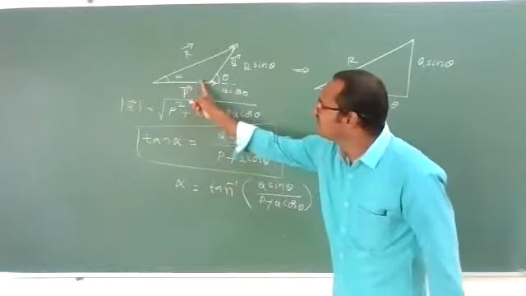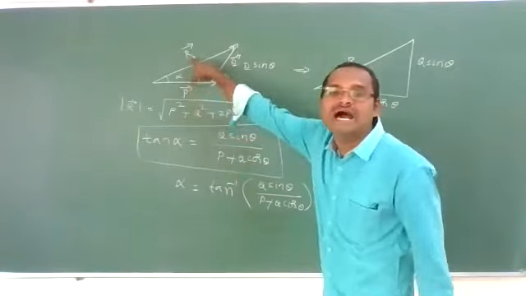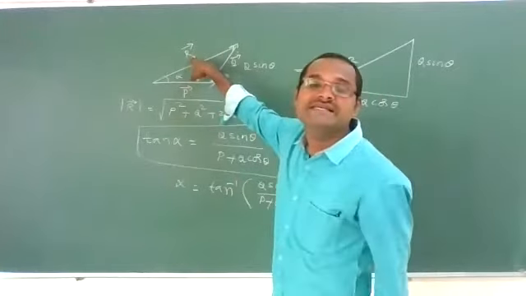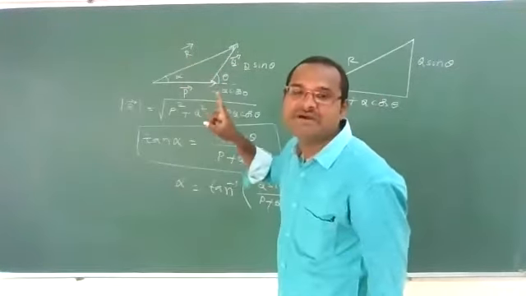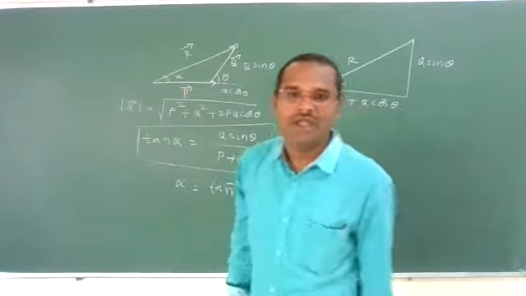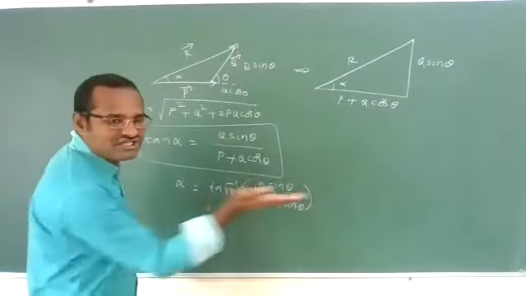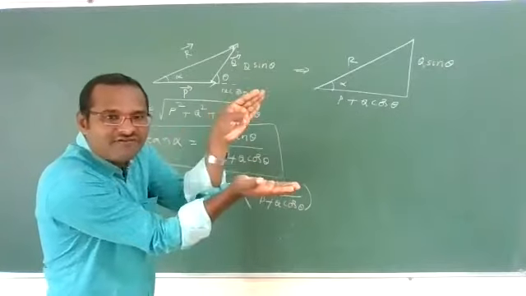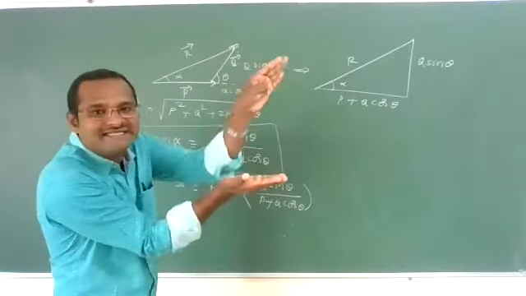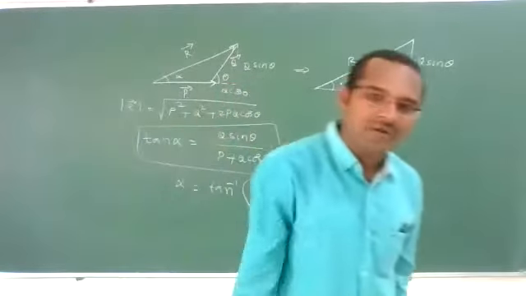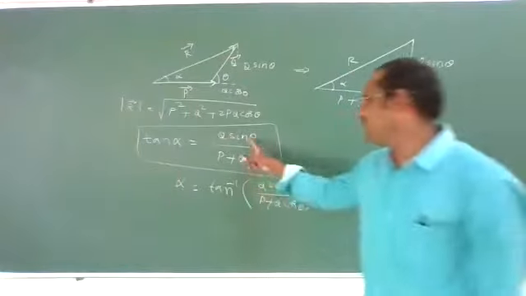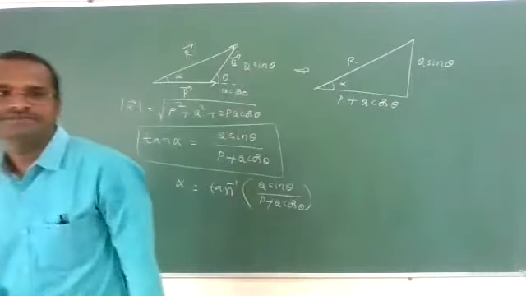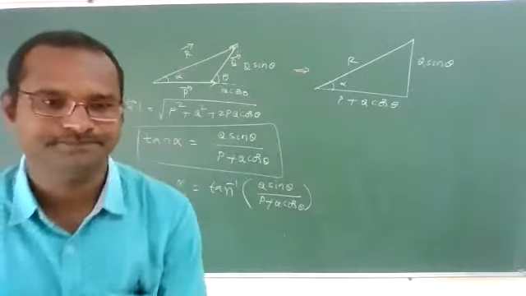From p, this alpha is making, that means the resultant vector r bar is making some angle alpha with p bar in that direction. How? See, p bar is in this direction, your resultant will be in this direction at an angle of alpha with p bar. That is the meaning. Magnitude and direction both we are representing. Clear? This point is important, remember.